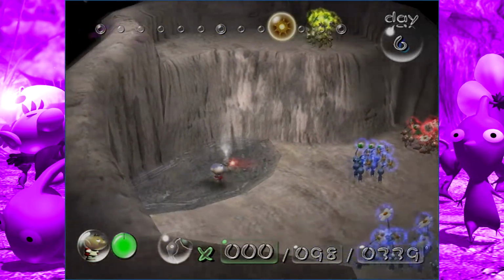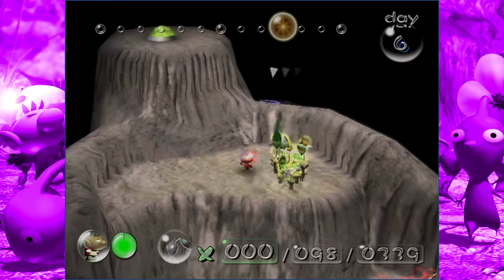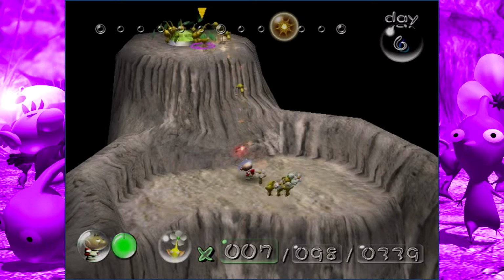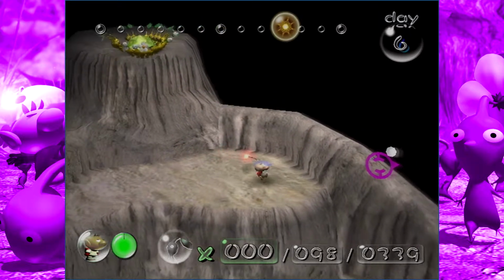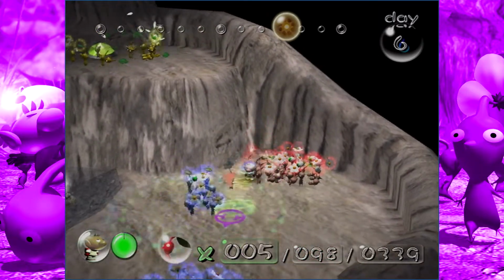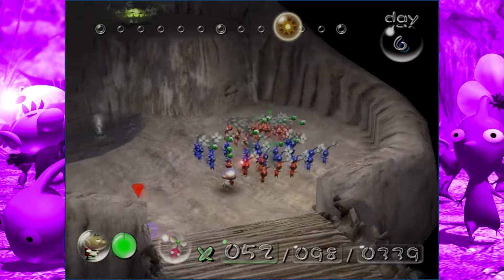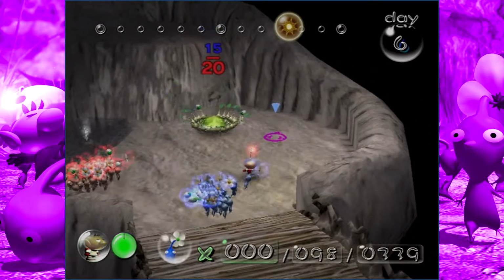Very good. Olimar takes the geyser upwards, and the yellows have to get tossed to an even higher ledge in order to actually grab the part, which is all the way up there. And it gets carried down, and boy, this is an obnoxious part because a lot can go wrong with this particular ship part,